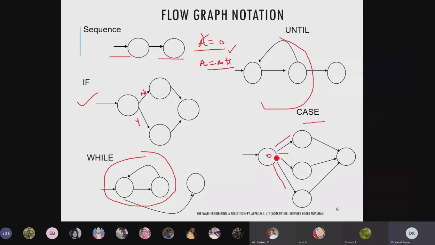In the switch case design, if you are putting in some value, then based on the case the option will be selected and it will move in that direction. Many options are there, like you can see here 1, 2, 3. When we have multiple choices at a particular point, we use the switch case. If we have only 2 options, yes or no, then we go for the if.